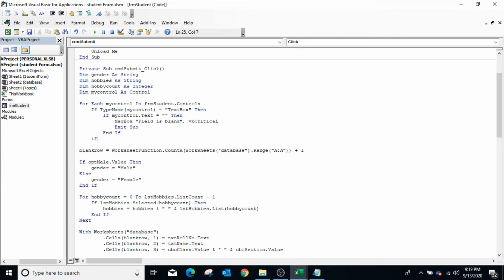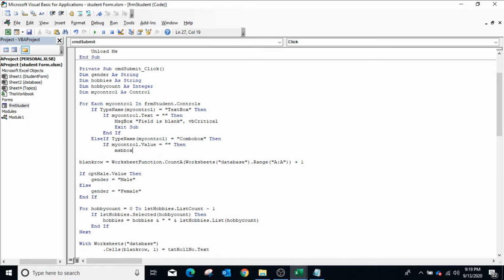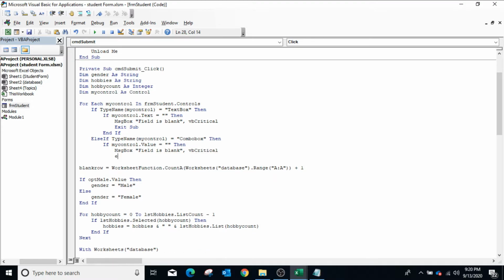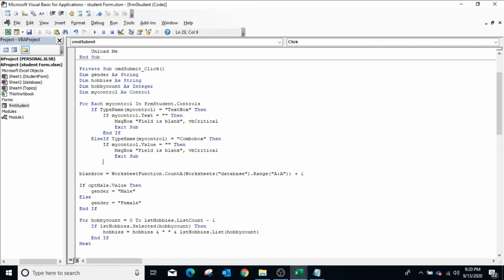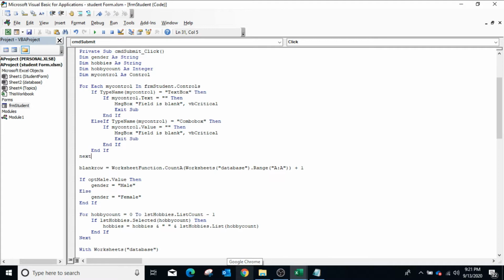Now also we will check for the combo box, else if type name my control is equal to combo box, then if my control dot value is equal to blank, then message box field is blank, vbCritical, exit sub procedure, close the if statement, close the for loop using next my control.